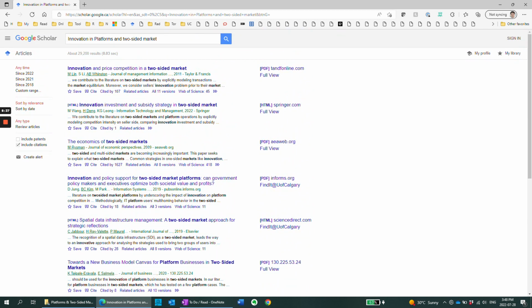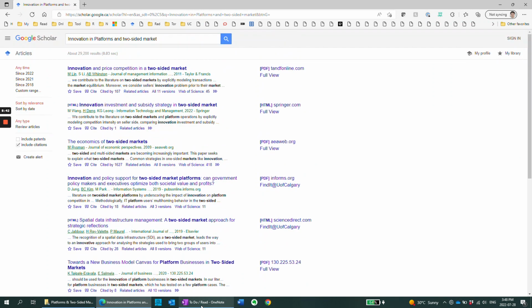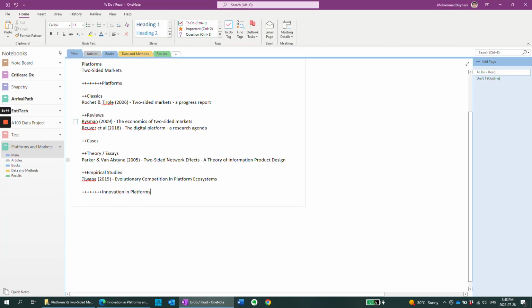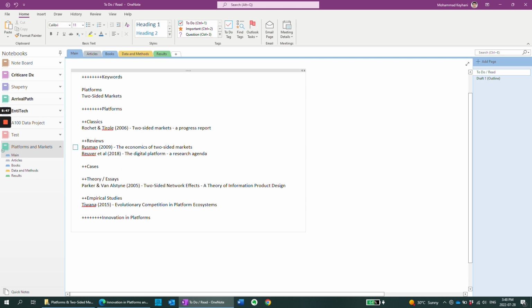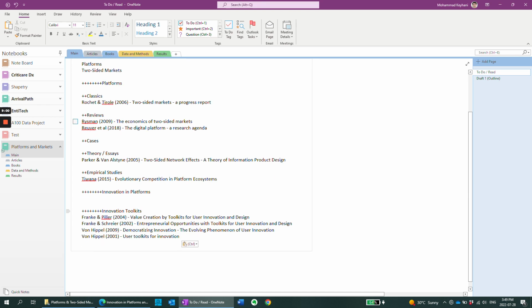As I'm researching and I'm saving additional papers here, I might come across other things that I think are interesting. So for example, there's a literature on innovation toolkits. I might think that's particularly interesting and save a few of the papers with that keyword. In another paper, this is actually something that happened to me, I came across this concept of generativity, and I didn't know much about it. So I created a new section for myself, and I started